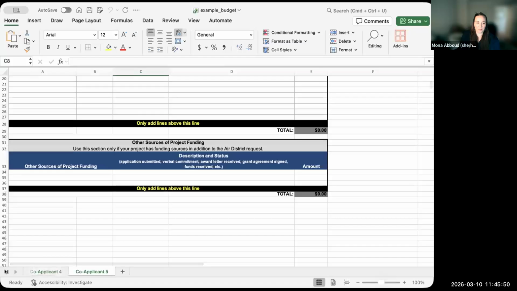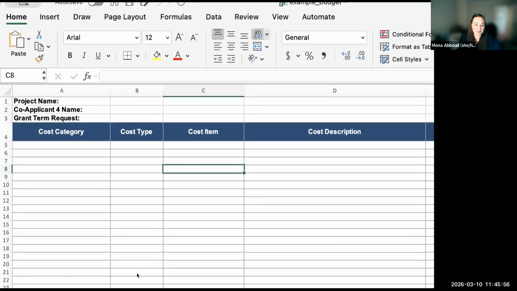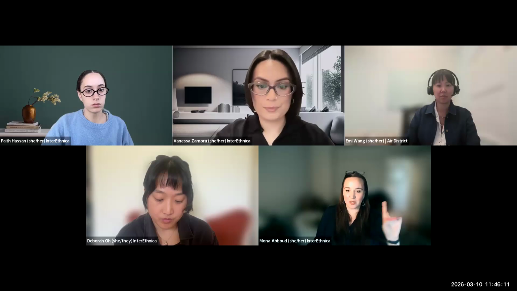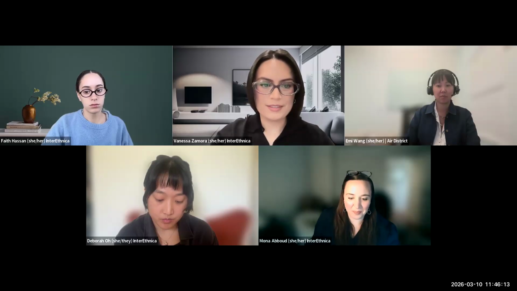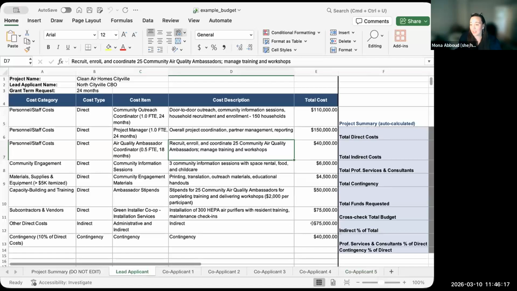Okay, great. So you'll go all the way back to the beginning. So Vanessa's opened in an interesting spot as well. If we can go to the second sheet, or I guess this is the example budget. Can you go back to the lead applicant? You're in the right document. You just needed to go to the earlier tab. Thank you. Yeah. So in the lead applicant, this is what it looks like when it is fully filled out